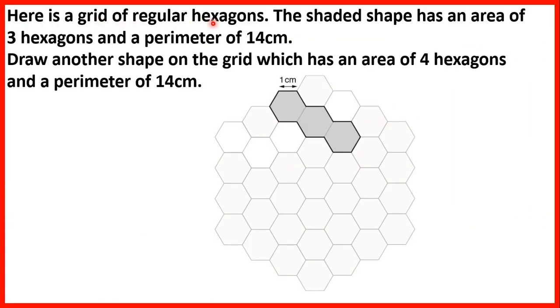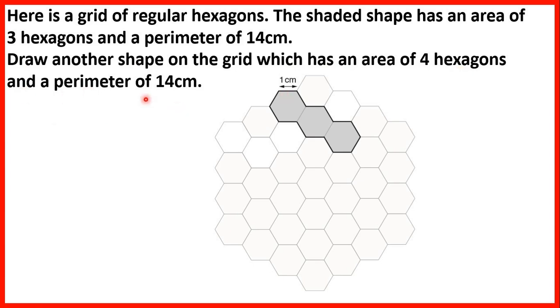Here is a grid of regular hexagons. The shaded shape has an area of 3 hexagons and a perimeter of 14 centimetres. So we can see that this shape takes up 3 hexagons, so that's its area, and the perimeter is 14, because if we count the number of sides, and remember the sides are 1 centimetre, we can count 14 centimetres around the outside. Now we need to draw another shape on the grid which has an area of 4 hexagons